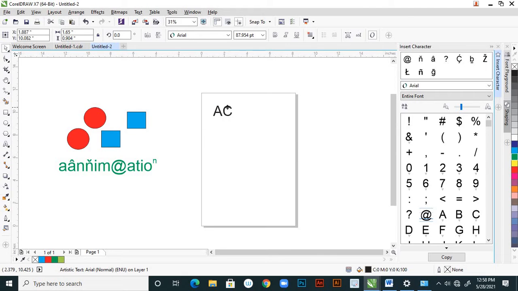Yeah, these are. You can duplicate this by pressing plus on keyboard and drag this down, right? And again one more duplicate, and again duplicate. Because I want the same text many times.